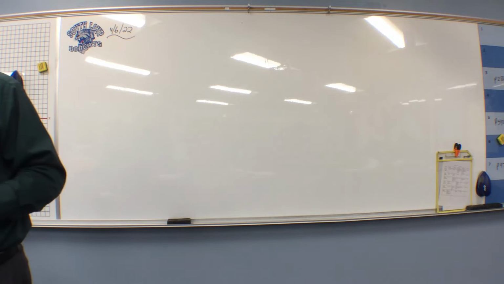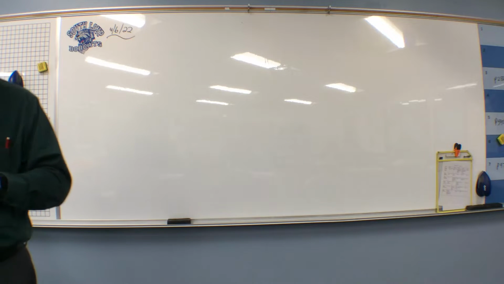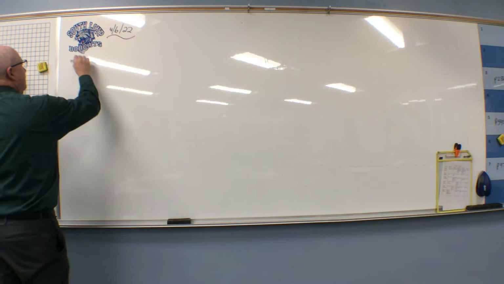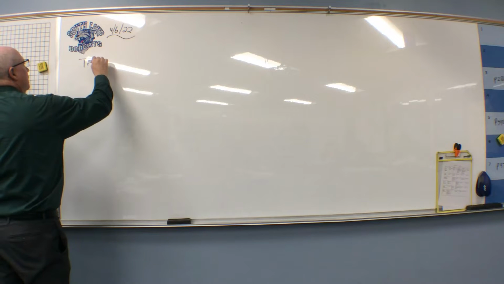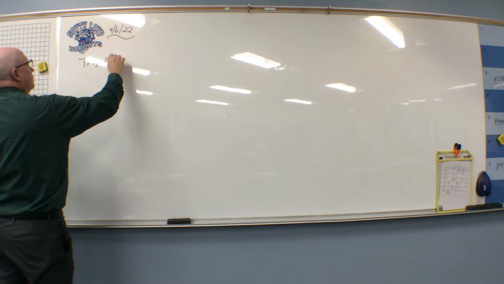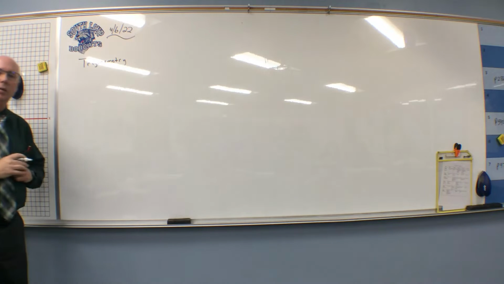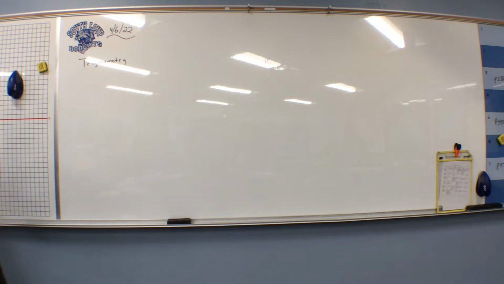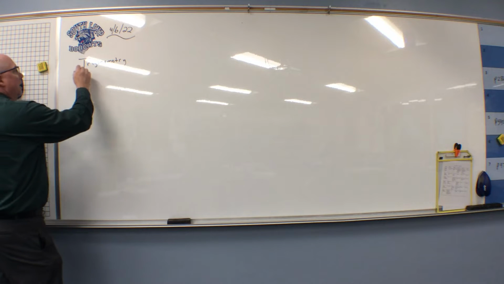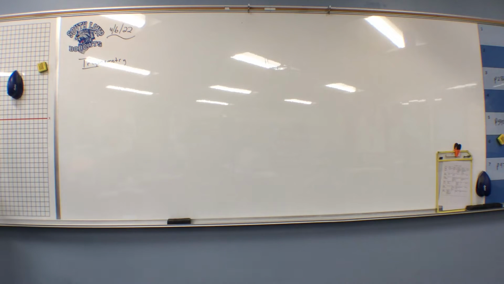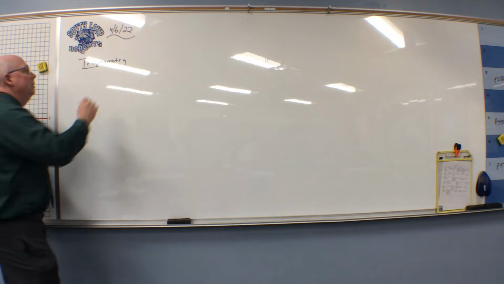Okay, this is section 8.4, trigonometry, geometry. It's on page 596. Let me just talk about trigonometry. One of the only times that I will spell the whole word out is trigonometry. You have to know how to spell it. Most of the time we call it trig. Okay? It means